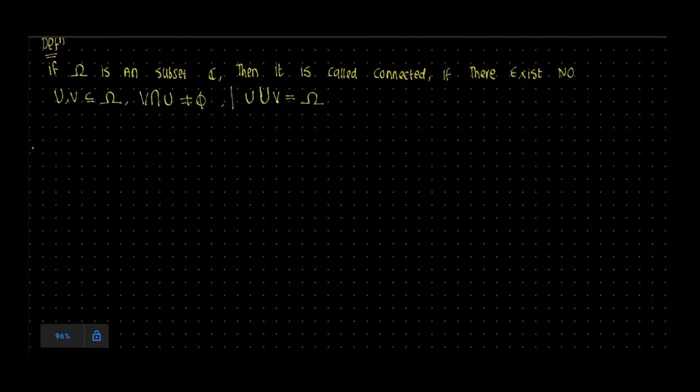So this is what we mean by a connected set. And note that a connected open set in C is called a region. So yeah, we are pretty much done to do